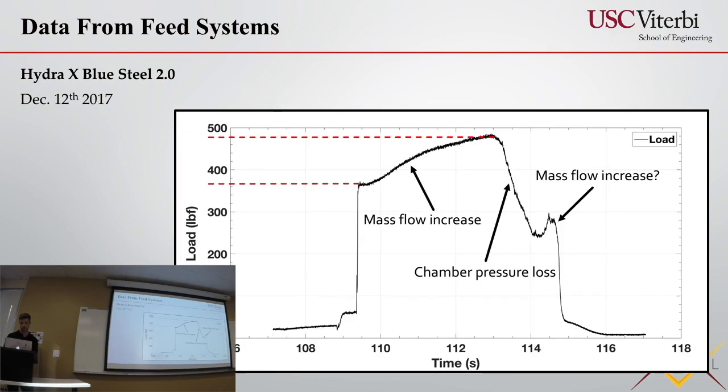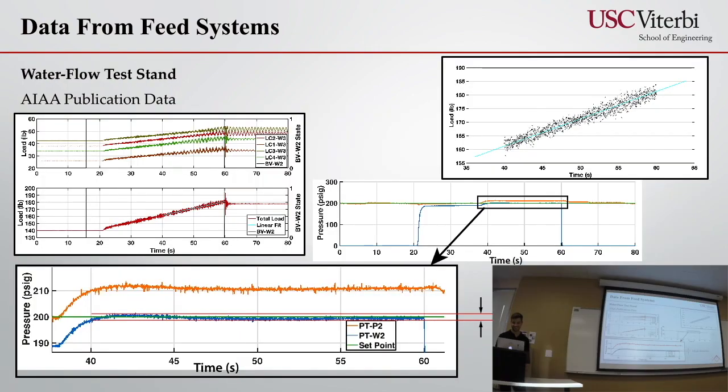And then this is what we think is thrust. Yeah, well, that's another story. Then here's the water flow test and data, you'll find that in a paper. And finally,